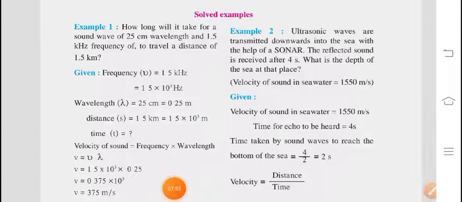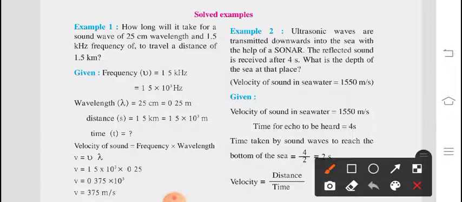Here we have done this chapter. Please try to draw the diagram of the human ear, okay, with their namings. Now next, we will go ahead with the solved examples.